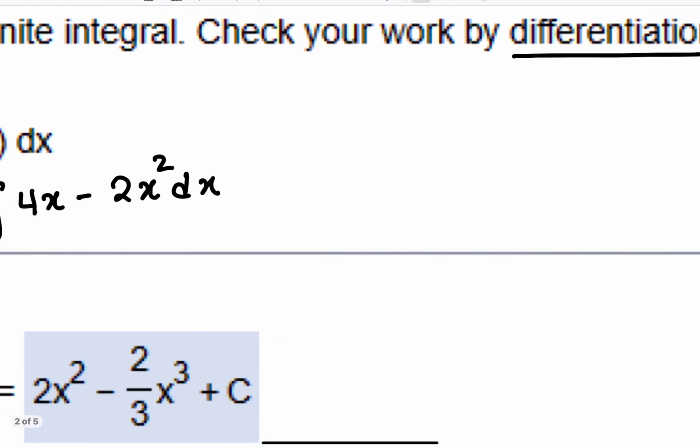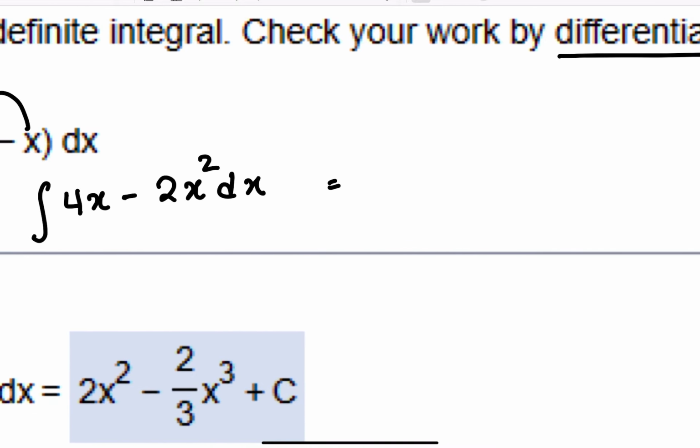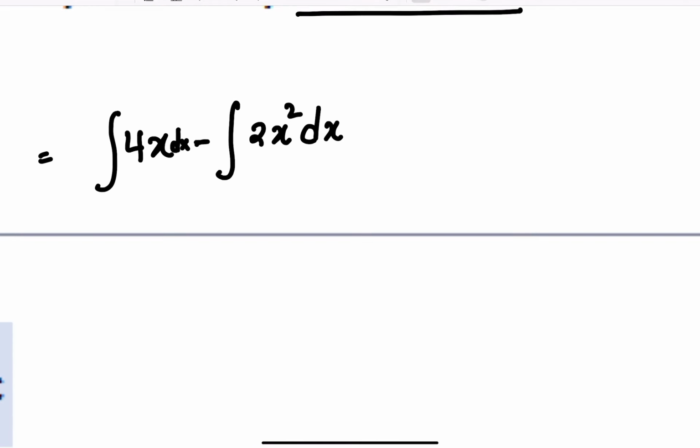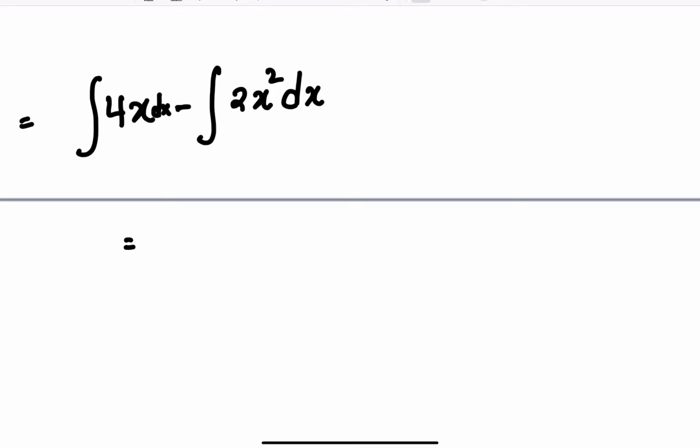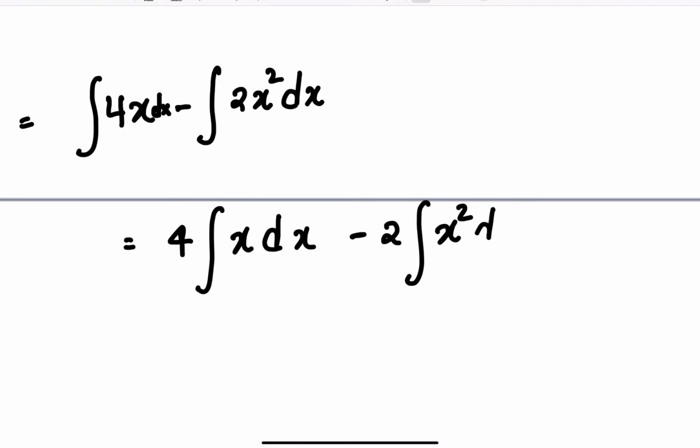And now I know I can separate the integral. This is the integral of 4x dx minus the integral of 2x squared dx. And I can simplify this further. What I can do is bring out the 4 and say integral of x dx. I can bring out the 2 and say integral of x squared dx, right? And once I have this,